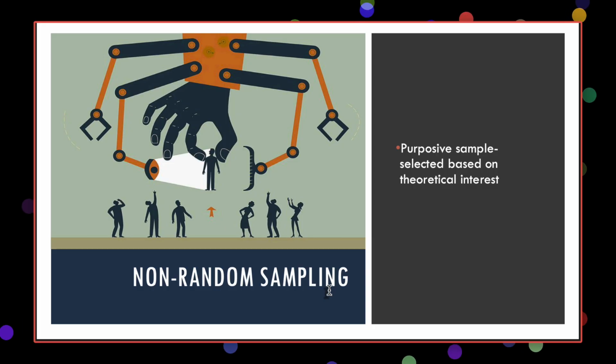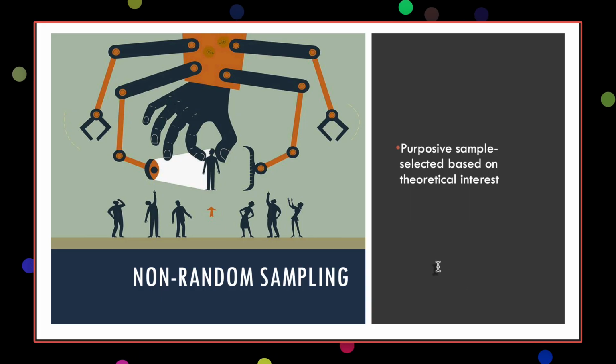Researchers purposefully selected, you might remember the story of Phineas Gage, the railroad spike through the head guy, because his brain injury was super rare and it offered unique insights into how the frontal lobe functioned. They didn't randomly stumble on him. He didn't volunteer. They specifically studied him because of what happened to him. Or like Kim Peek, the inspiration for Rain Man, if you've ever seen that movie. Watch it if you haven't, it's great. Tom Cruise movie. Researchers didn't randomly find someone with extraordinary memory. They purposefully studied him because his abilities were so unusual.